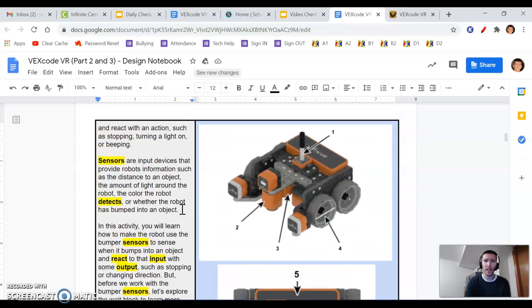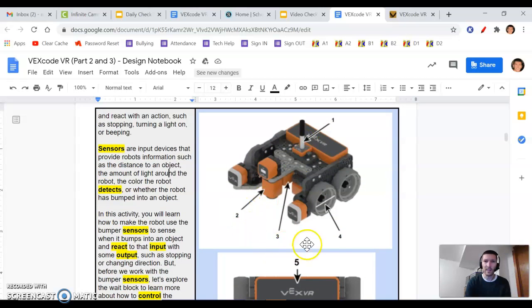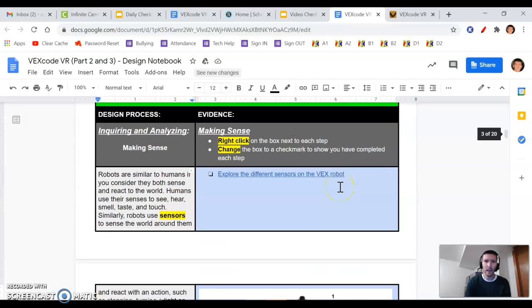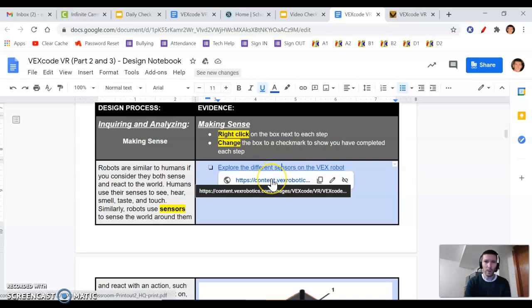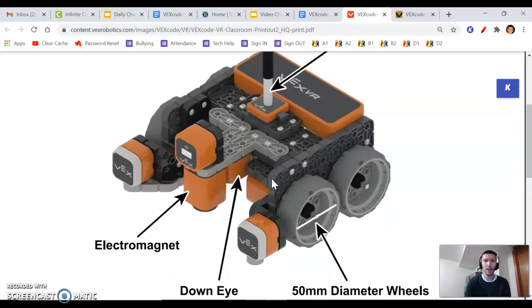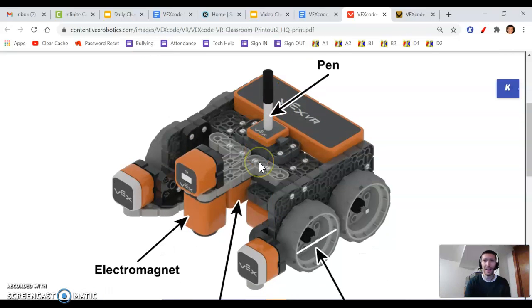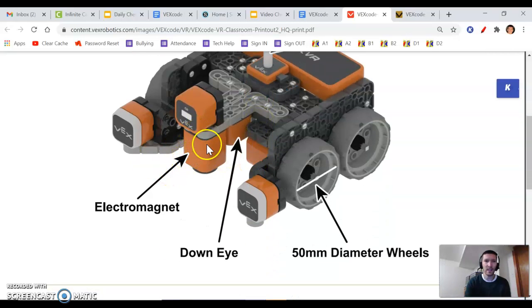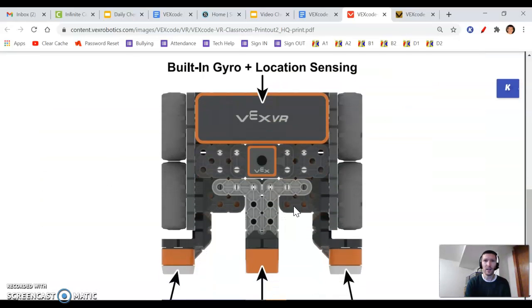So for the first part of today, before we get to the VEXcode VR website, you have a couple of photos here, and they're pointing at different sensors on this device. You're going to click on this link right at the top here, and it says explore the different sensors on the VEX robot. When you click on that, you'll see it has the same picture, but now it's labeling it. So at the top, this is the pen. The front side here is the electromagnet, and then you can see the other sensors, and then going down, you can see the other